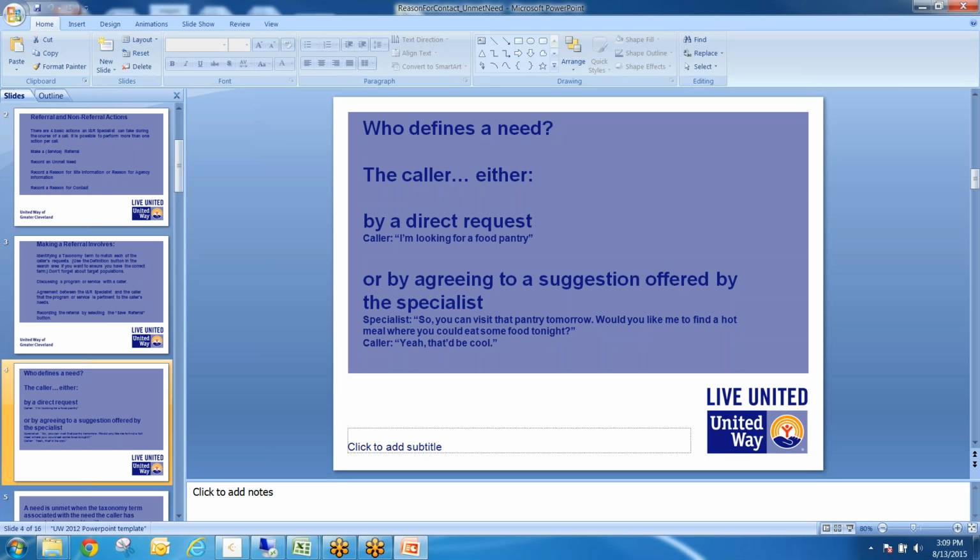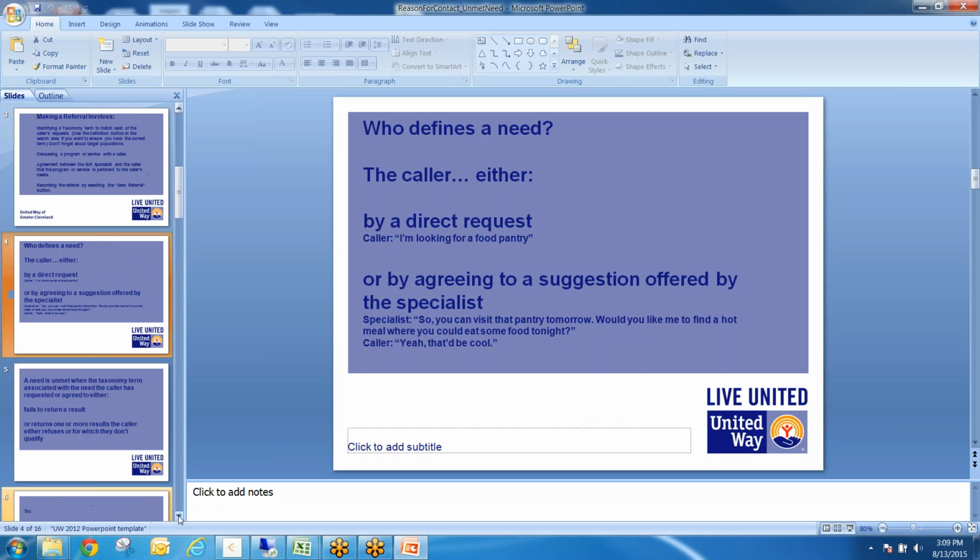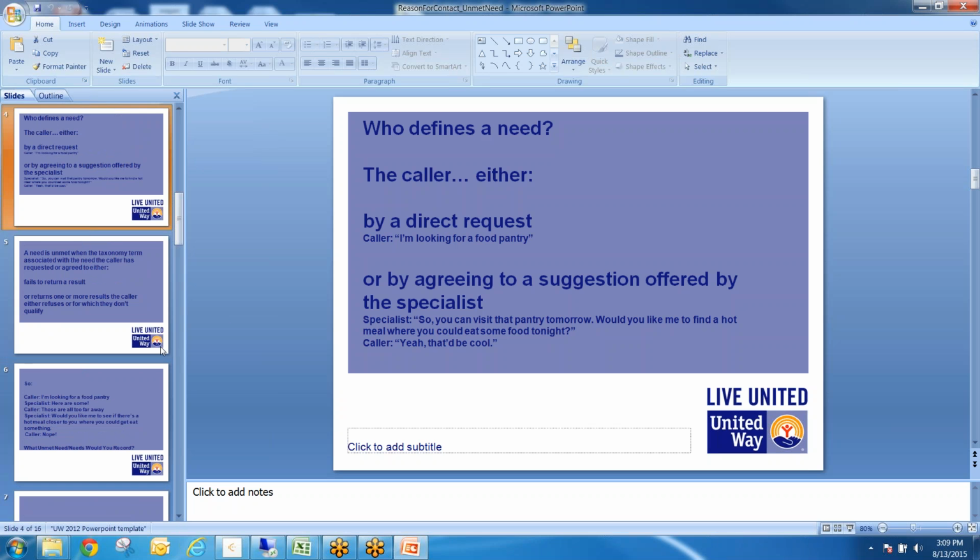So let's say you're the specialist and you say to your caller, so you can visit that pantry tomorrow. Would you like me to find a hot meal where you could eat some food tonight? And they say, yeah, that'd be cool. Okay. Then what you have is 2 taxonomy terms that you've searched under, and hopefully 2 met needs that you've